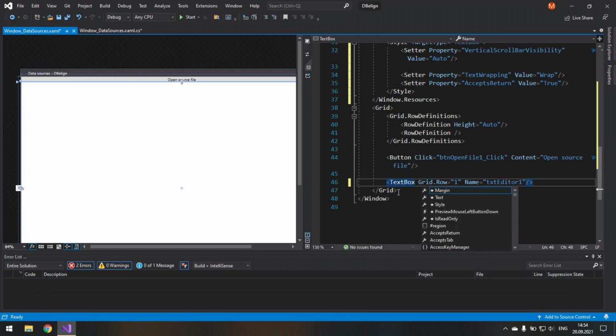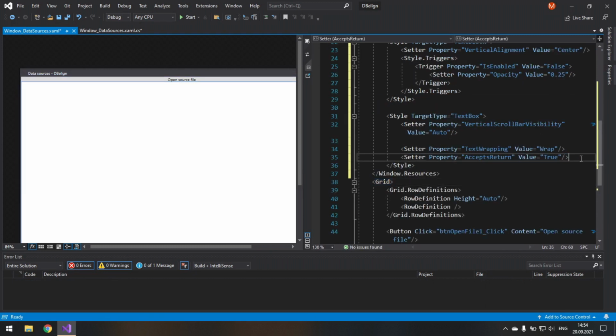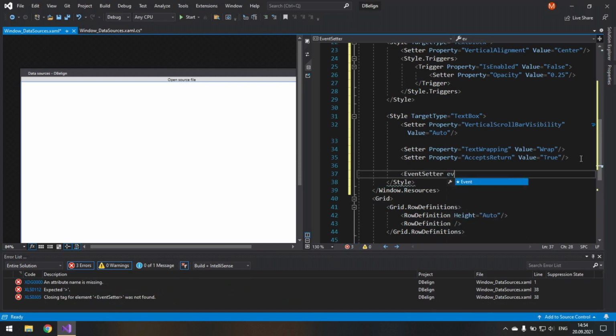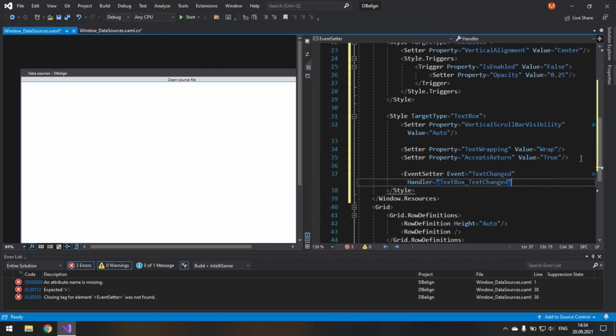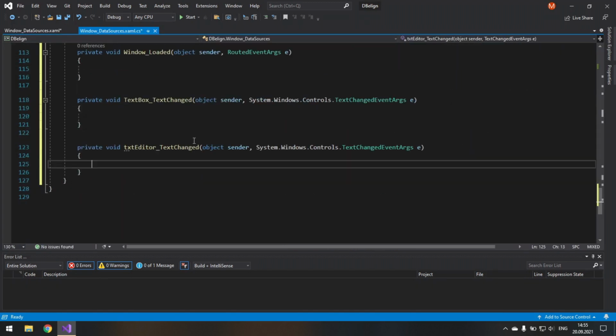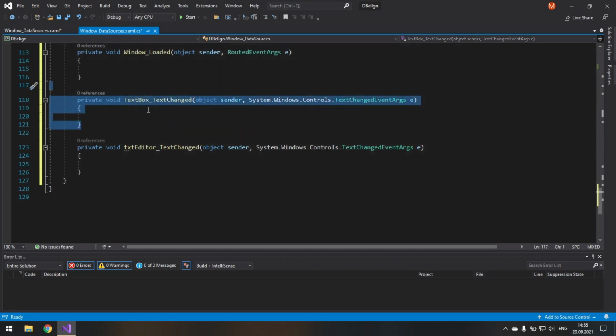So I will only add additionally one event setter for the event text changed, and the handler is going to be, well, we don't have one, but I will create a new one. So text box, actually, let's type txt editor text changed. Press F12 to auto-generate it. This is the previous one, we can remove it.